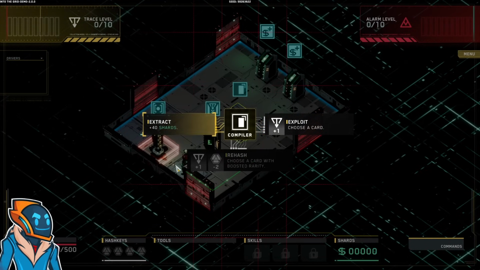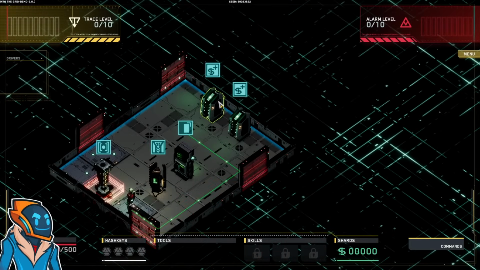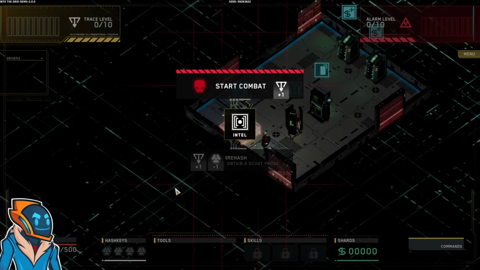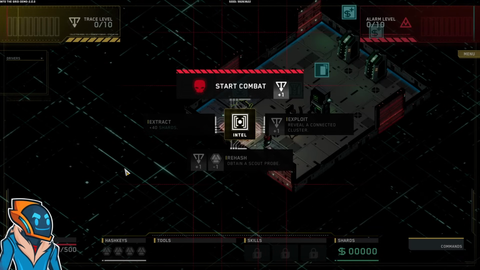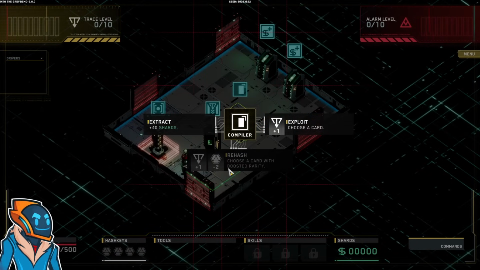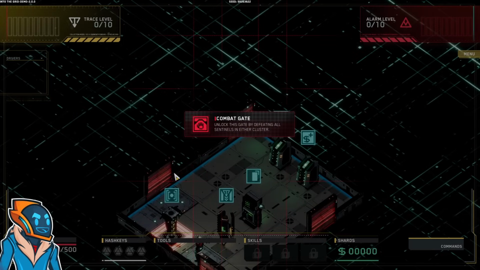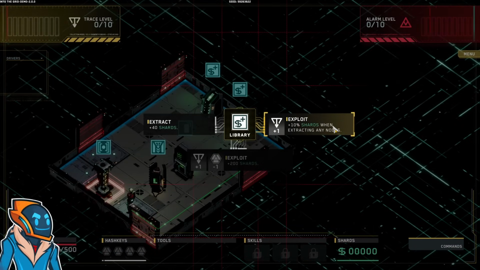So we can choose a card, get some shards, rehash. I think I want to do... Does exploit always increase trace level? It does. So reveal connected cluster, obtain a scout probe, or just extract. No way I'm going to get a pair of hash keys here. Yeah, so hash key gate, activity gate, combat gate. Another hash key gate. I'm thinking...